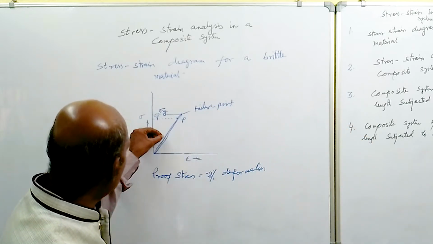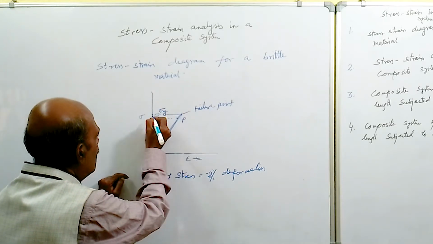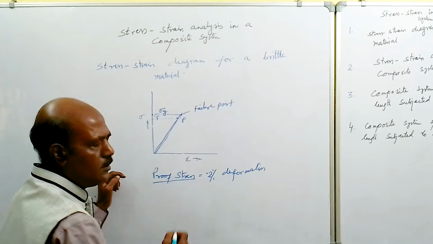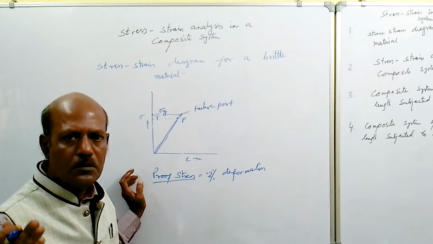The stress which is produced at 0.2% deformation is called the proof stress, and this is considered as the yield strength of the body, because